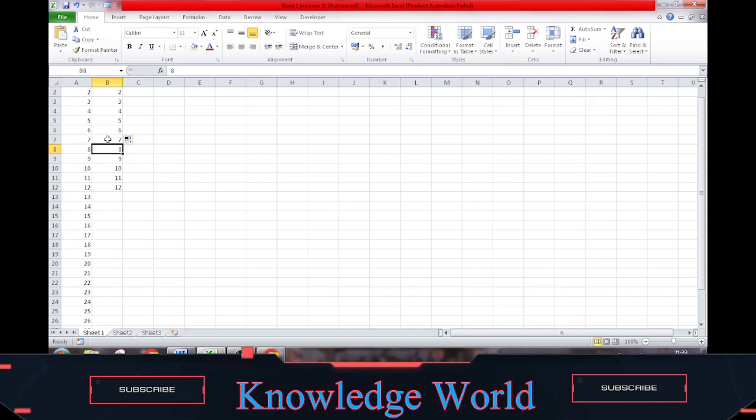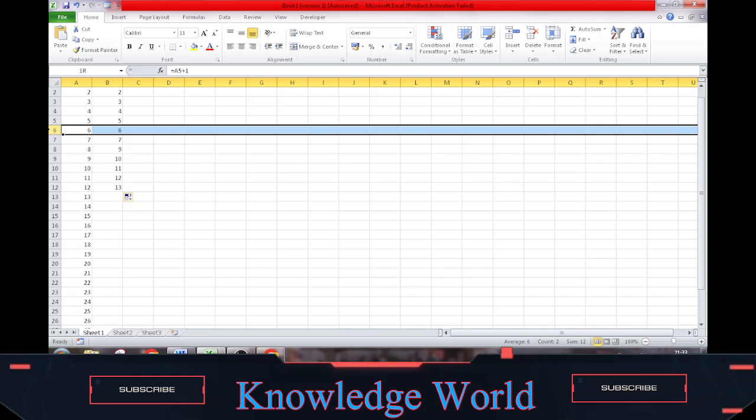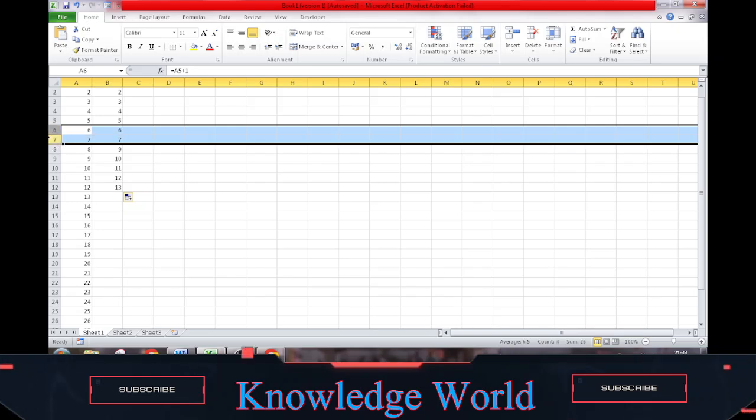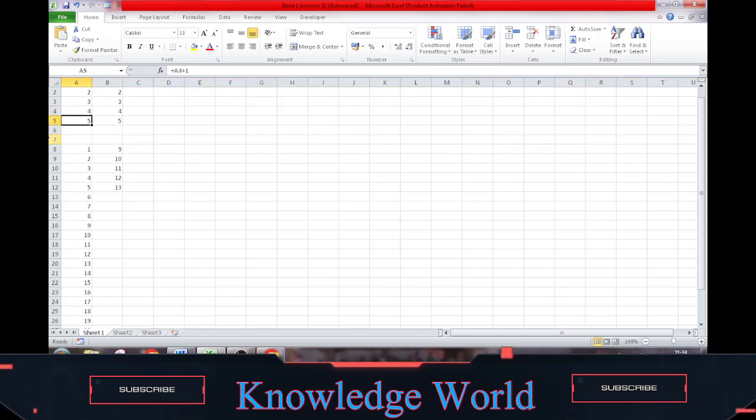Suppose we write 9, 10, 11 and so on, and again we delete the rows A6, A7 and B6, B7. If we select A5 and drag to A8, it will be updated automatically.